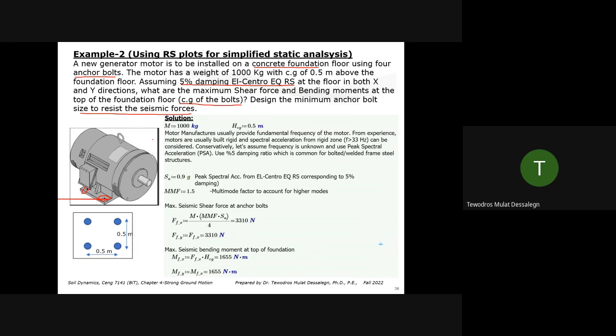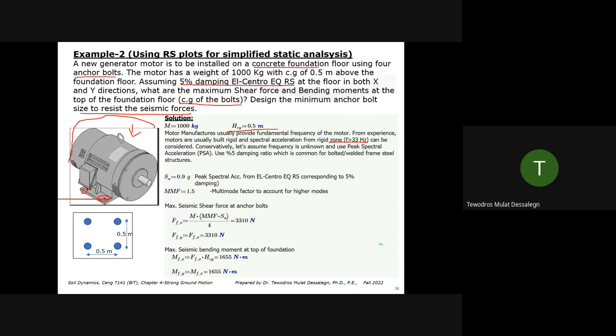This is the same thing. You know the mass, you know the height of the CG, and now the trick is, it may not be easy to find the period of this motor, but usually the manufacturer gives it to you. Rigidly attached motors have higher frequencies. The manufacturer can provide it. It may say 60 hertz, 70 hertz, or sometimes it may be missing. If you don't have it, let's say in this case you don't have it,